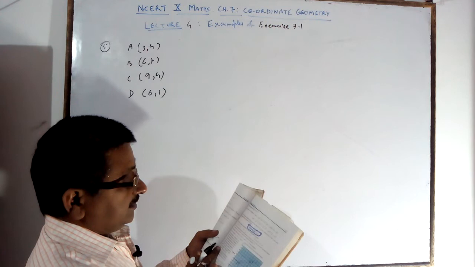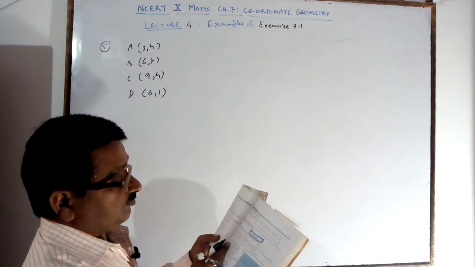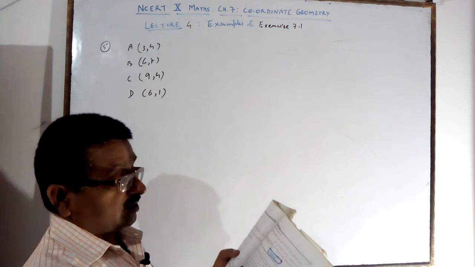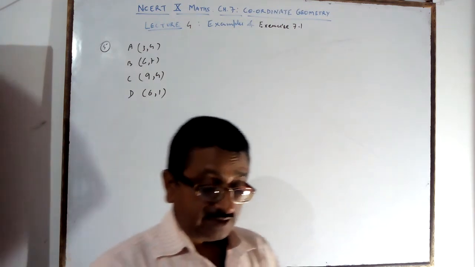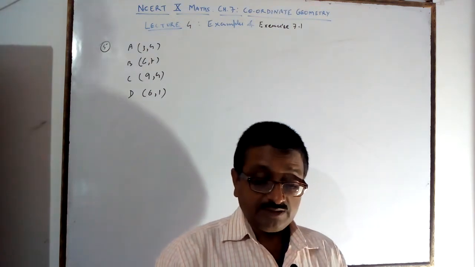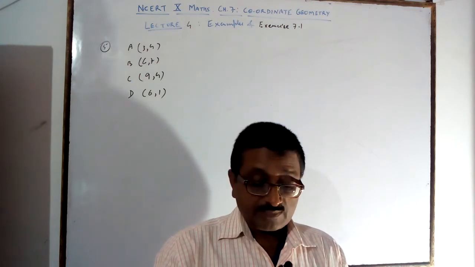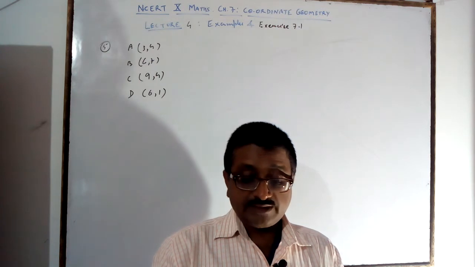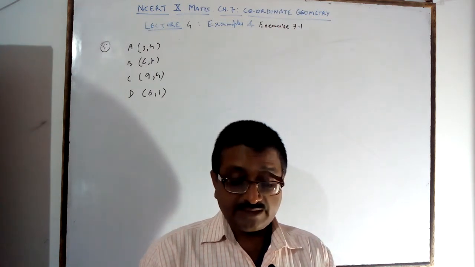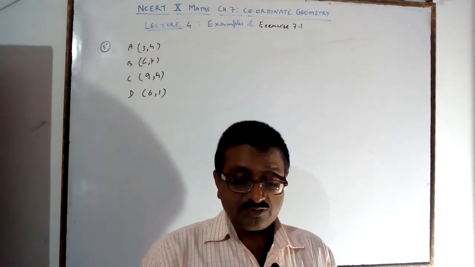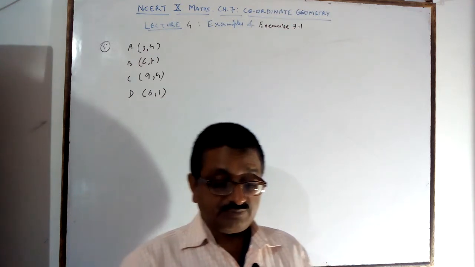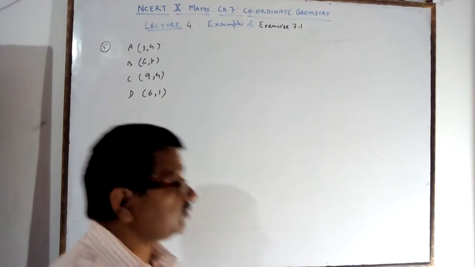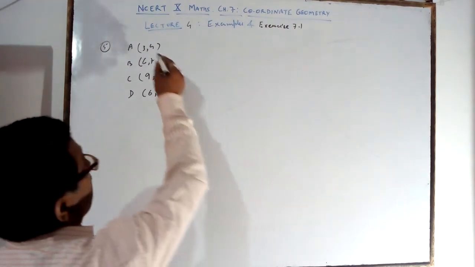The question says Champa and Chameli were two friends in the class. They walk into the classroom and, after observing for a few minutes, Champa says: don't you think ABCD is a square? Chameli disagrees. Using the distance formula, find which of them is correct. What will you do? You will check whether it is a square or not.